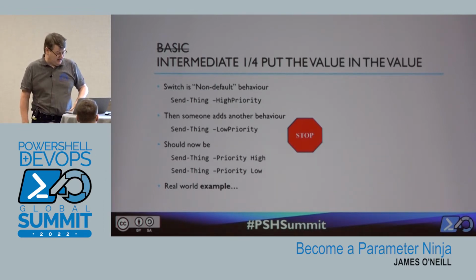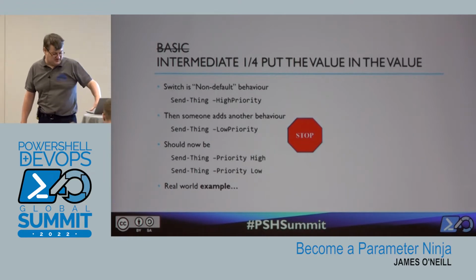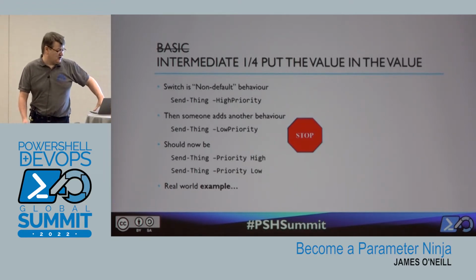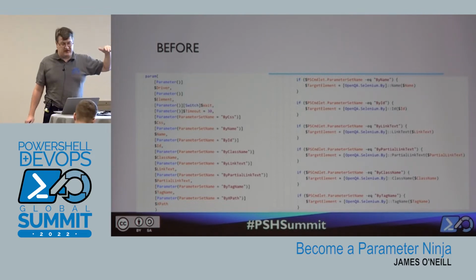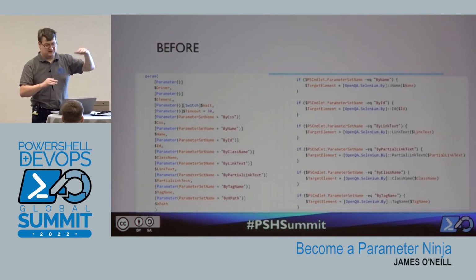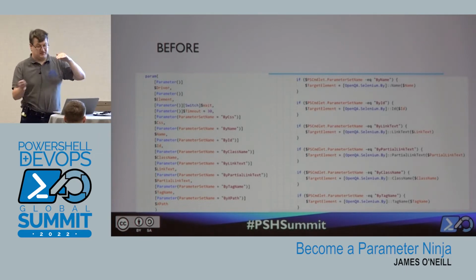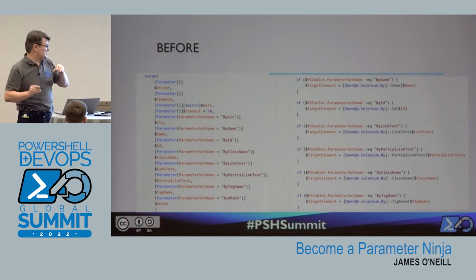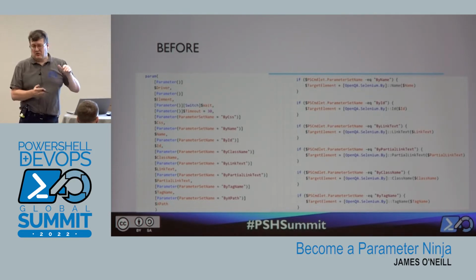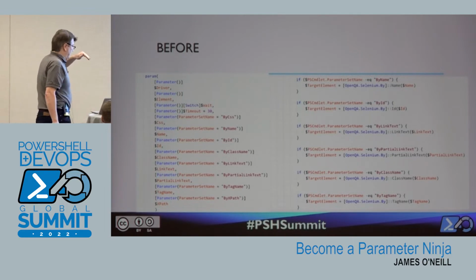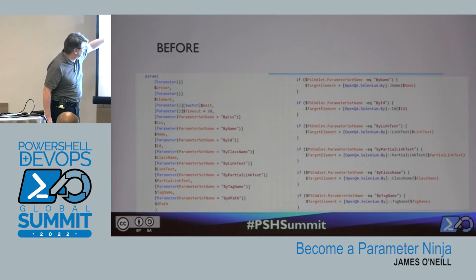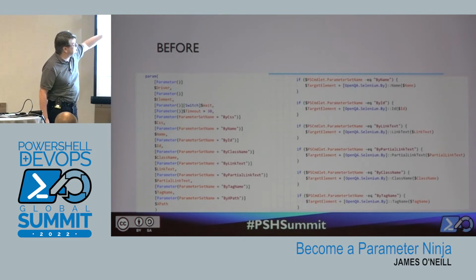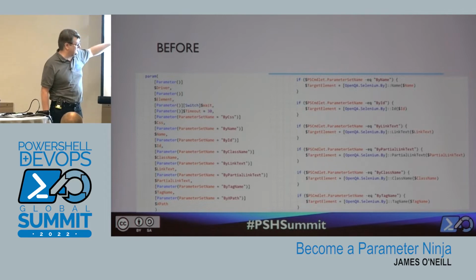Now, there's an example here, and I feel slightly guilty because the person whose code this is actually in the room, but he did accept a pull request from me to change this, so I'm going to show this anyway. This was doing some testing. If anyone's come across Selenium, Selenium's a web testing framework that lets you find elements that have been returned on a web page and see if they match what they're supposed to be. And there are a bazillion ways of finding them. So the natural thing that happens is you say, well, I want to find it this way, this way, this way, and they're all in their own parameter sets, so we can't duplicate it, so we can't put in more than one.